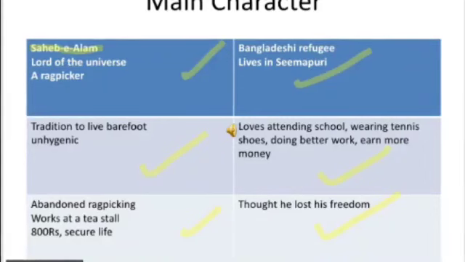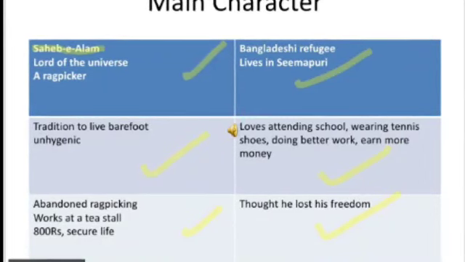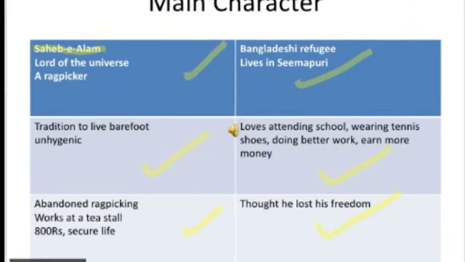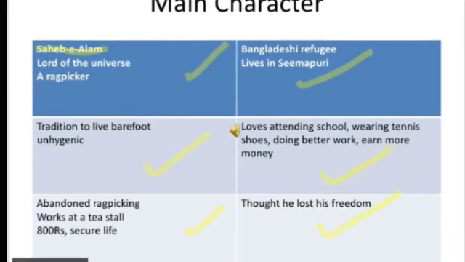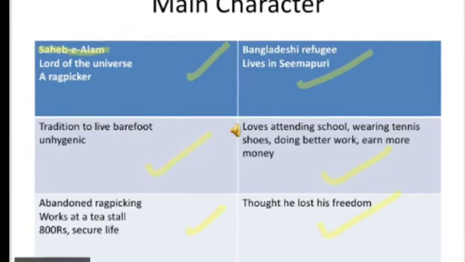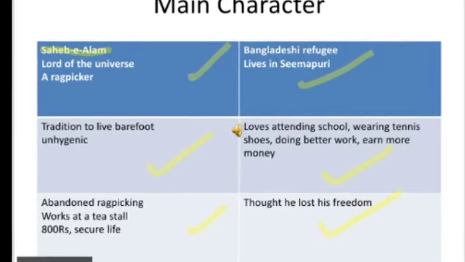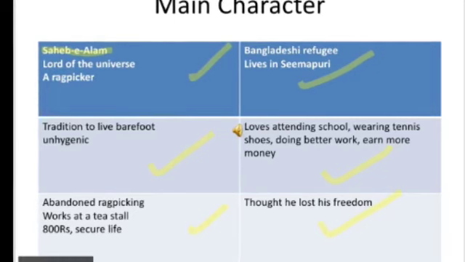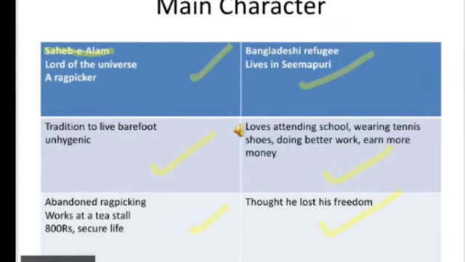I told you there would be no story without characterization. So there are two main characters in the story. Let us discuss the first character. Later on, when you read the lesson, you will have to focus on these characters' traits in order to elaborate and write the answer if such a question is asked in the examination.